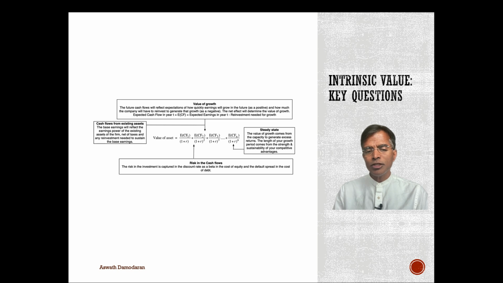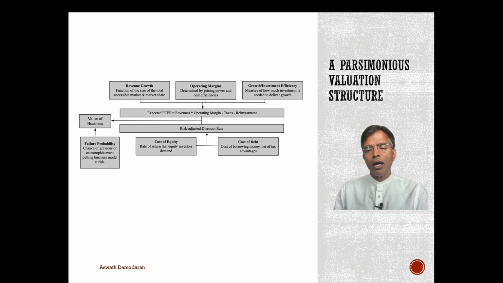What are your cash flows from existing assets becomes your starting point, the base year numbers. What's the value of growth shows up in the growth rate you use and the reinvestment that accompanies that growth. When will you become a mature company becomes that point in time in which you compute the terminal value. And how risky are you as a company shows up in your discount rate. When I look at discounted cash flow models, I'm effectively looking at the answers to the 4 questions in the previous page.